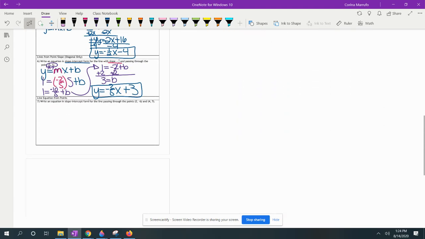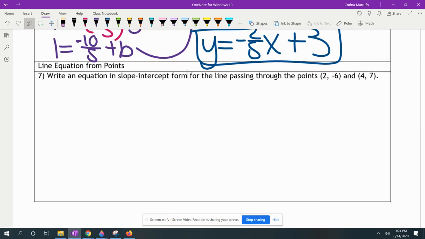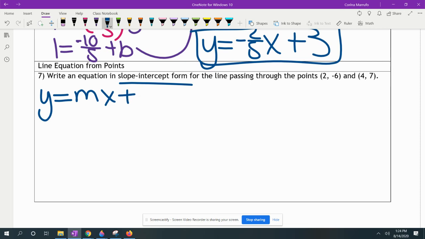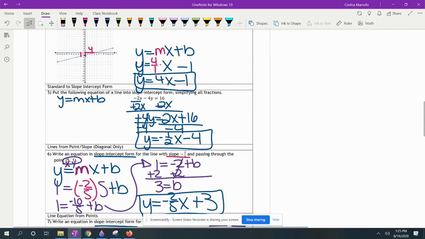All right, I believe this is the last example. It says line equations from point. So it says write the equation of a line in slope-intercept form. So again, they want us to write in the form of y equals mx plus b. But this time they don't give us the slope and they don't give us the y-intercept, but they do give us these 2 points. So by 2 points, and the very first example, I believe, or the second one, we